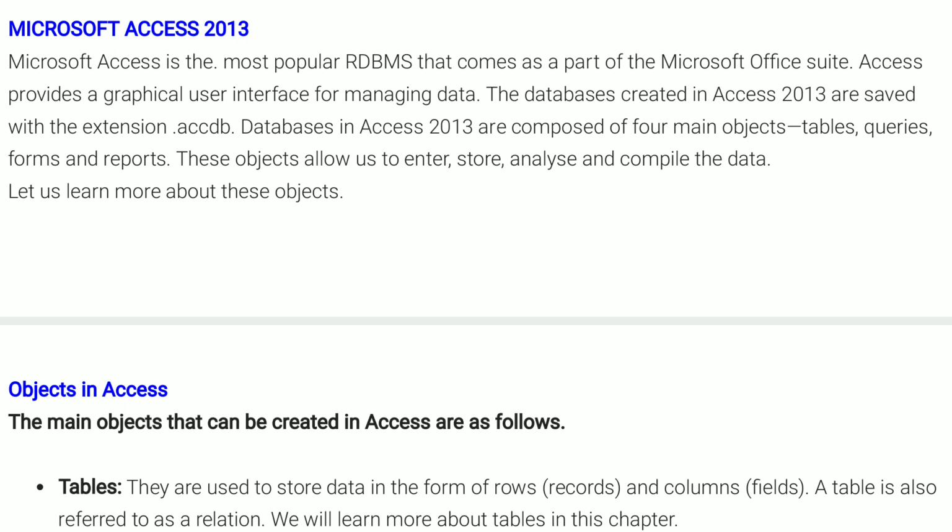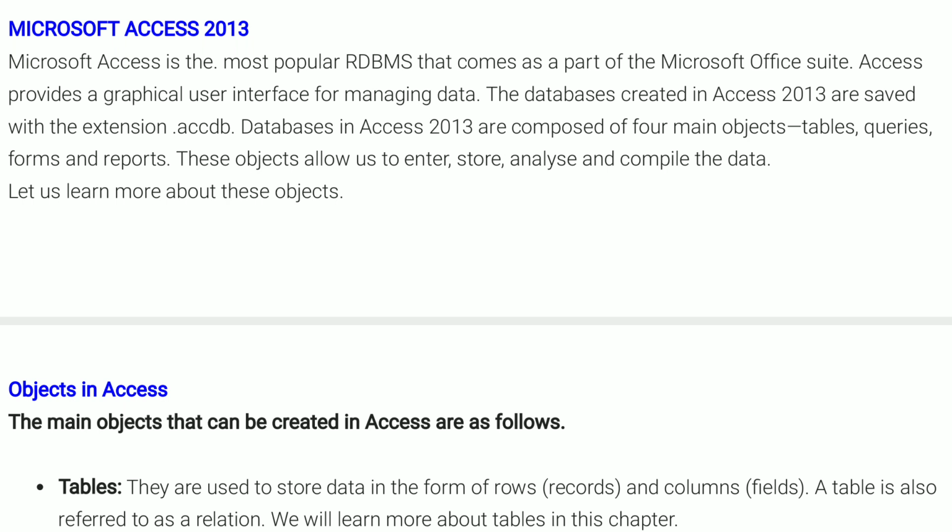Microsoft Access 2013. Microsoft Access is a powerful and easy to use relational database management system. In fact, an RDBMS enables us to store large amounts of data systematically and supports efficient retrieval from the database.